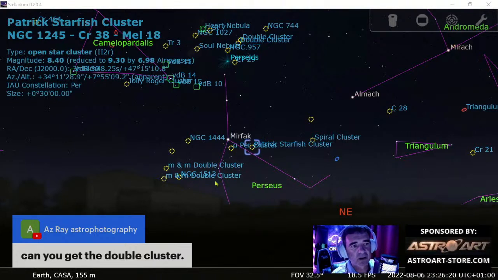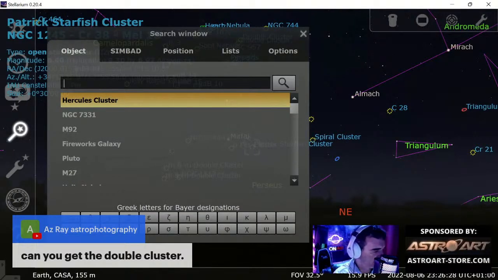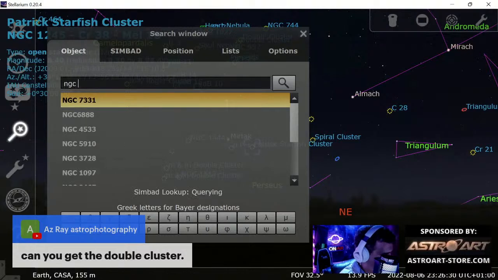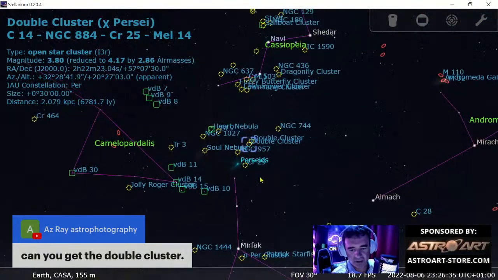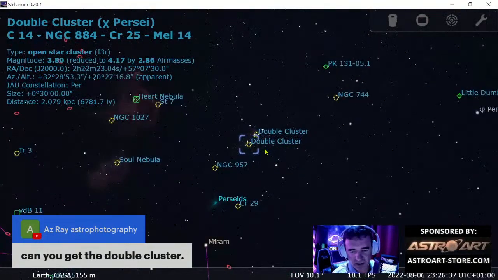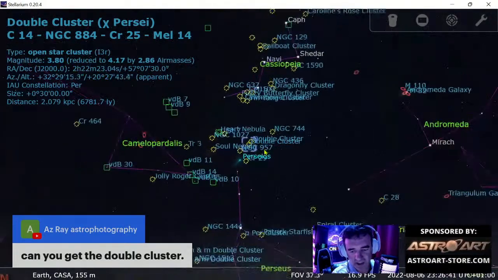NGC 884. No? I'm watching the fish. Okay. NGC 884. Okay, the double cluster is here, the double cluster in Perseus. 20 degrees, yes, I can.